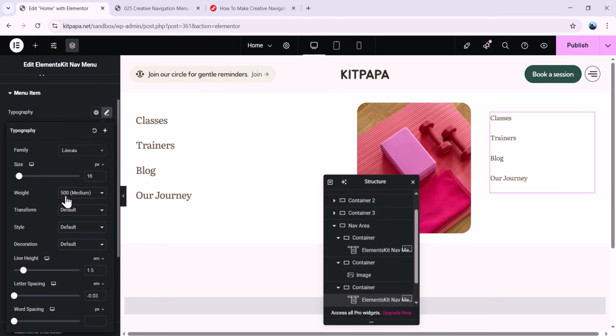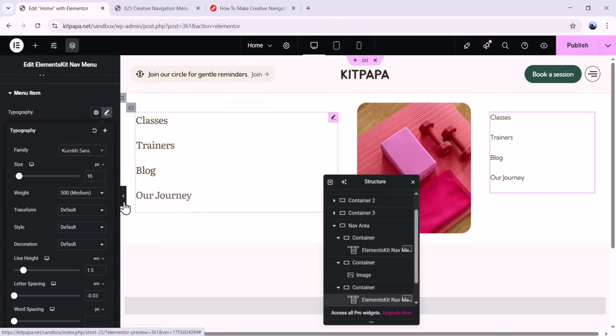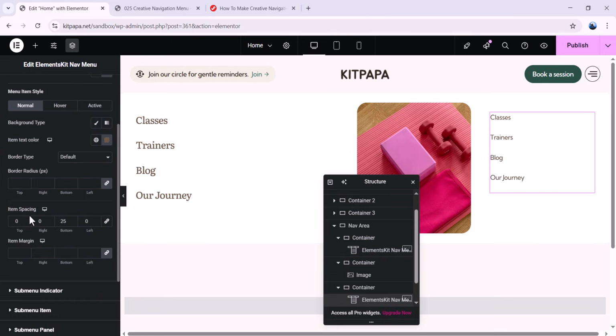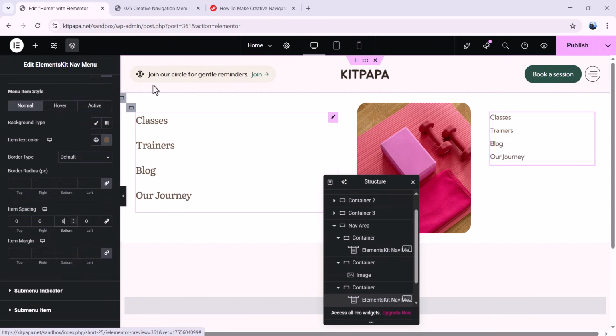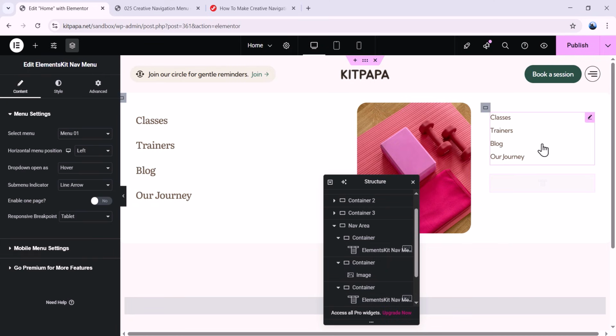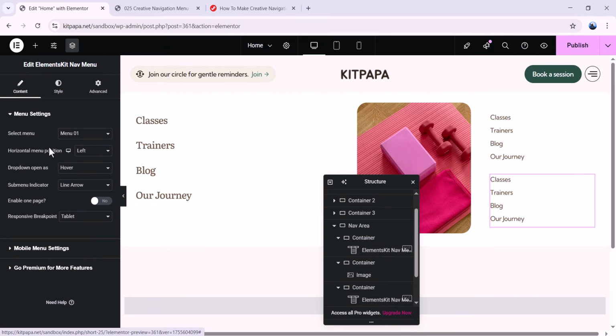And also one thing, let's change the font family of this. I want to change the style of the font. So click here and this time search for Kumbh Sans, and the font style will be like this. Now close it, and here make the bottom 8 pixels this time. Reduce the space between the items, and this is perfect. Now after that, we need this text, right? So we can simply duplicate this. It will be added here, but instead of menu 1, we can select menu 2,